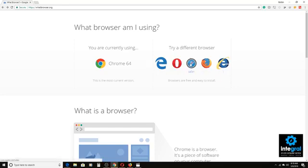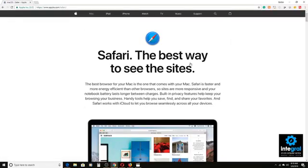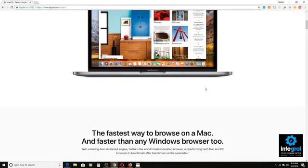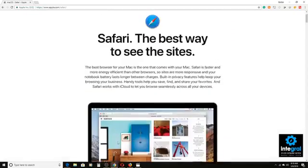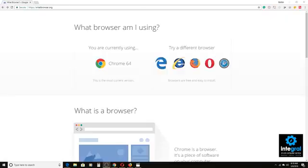But Safari is an Apple-based browser system, and it is automatically included on your Mac. Now, the interesting thing about Safari for your Macintosh computer, and of course Apple's going to say it's faster than any Windows browser, is that Safari is usually updated with your operating system. So the current version of Mac OS is High Sierra. So if you've got High Sierra, there's always that possibility that you've got the latest version of Safari,